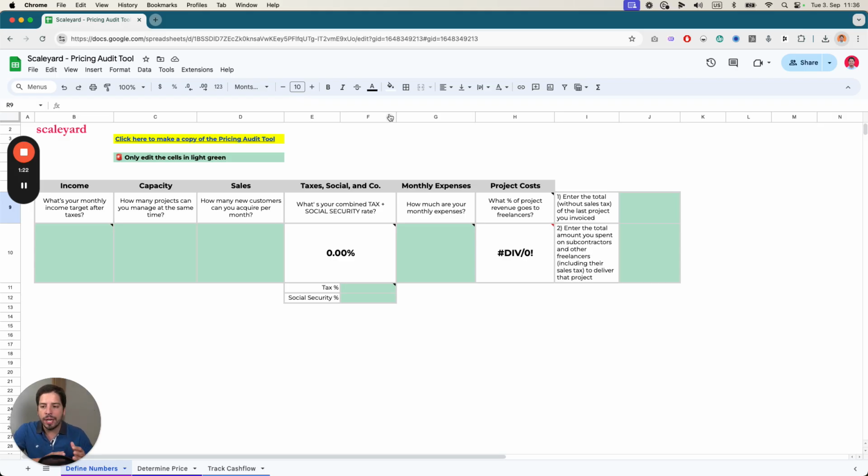And every time, what I did was work a little bit more on this tool. So I have adapted it for you to be able to, in a very simple step-by-step process, determine how much you want to take home after taxes, then really understand your business a little bit more in expenses, capacity, and constraints, and then bring in the tax factor so that you know how much the business has to make, and then work your way backwards from there to estimate, according to this, what is really realistic in terms of expenses,